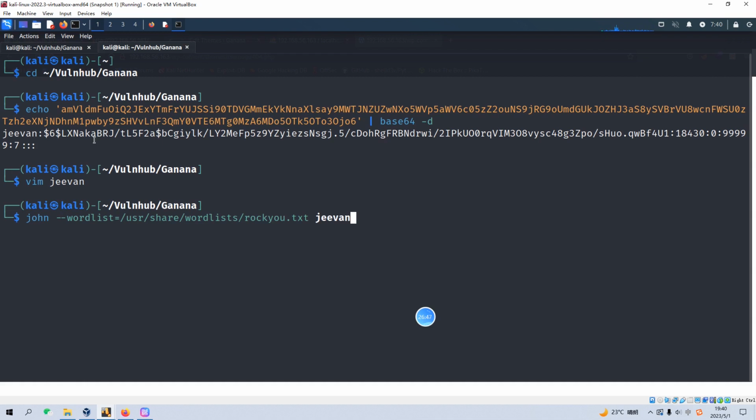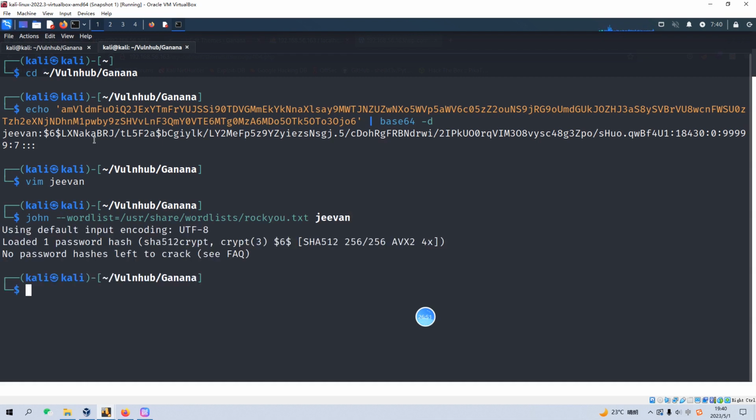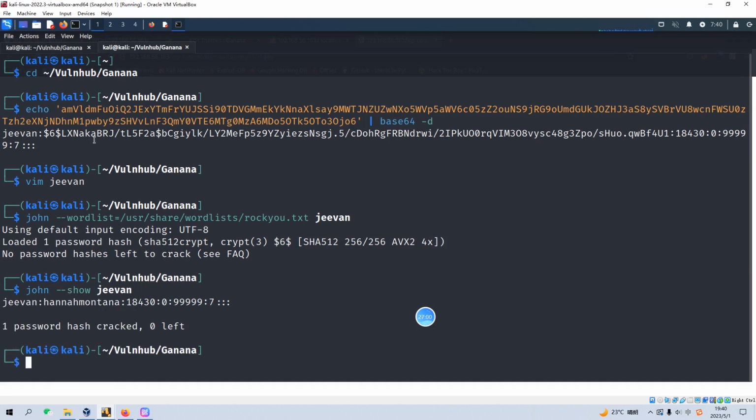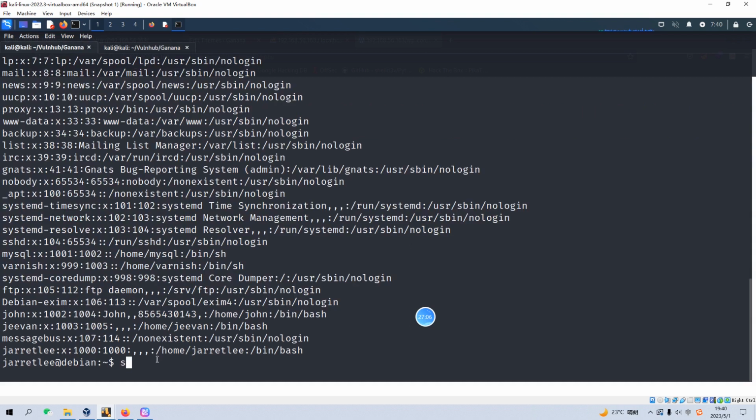Of course, because I have already done this before, John the Ripper has the cached passwords, we can use the show command to show the correct password. So this is the password, and we can make a copy, and switch to another user Jevon,